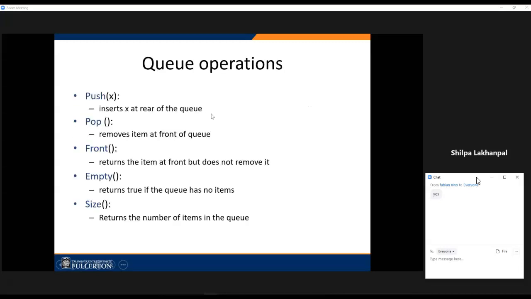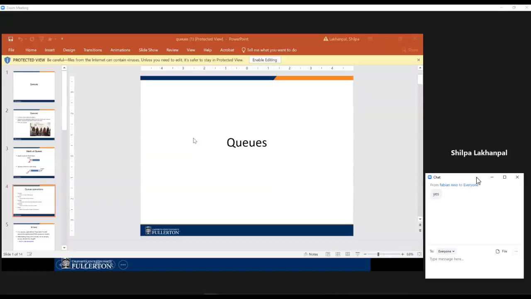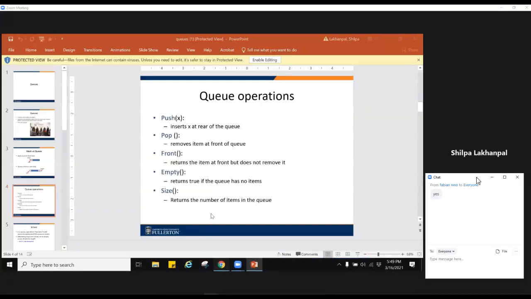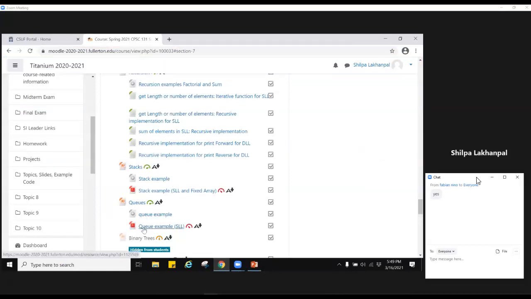But you have to remember that push works differently. It will insert an item at the rear of the queue. A pop will remove an item at the front of the queue. So if we look at this example that is posted over here, the queue example,